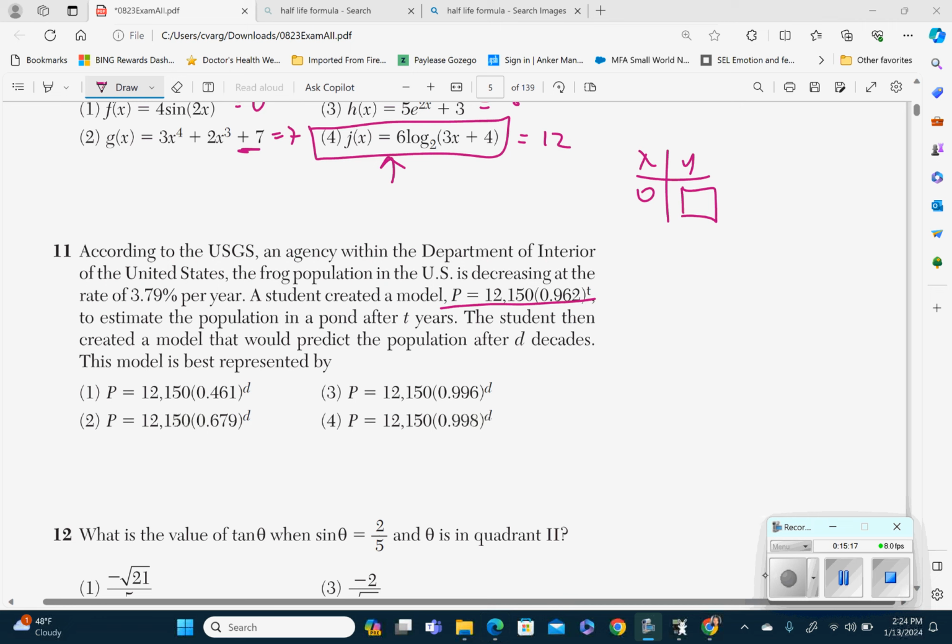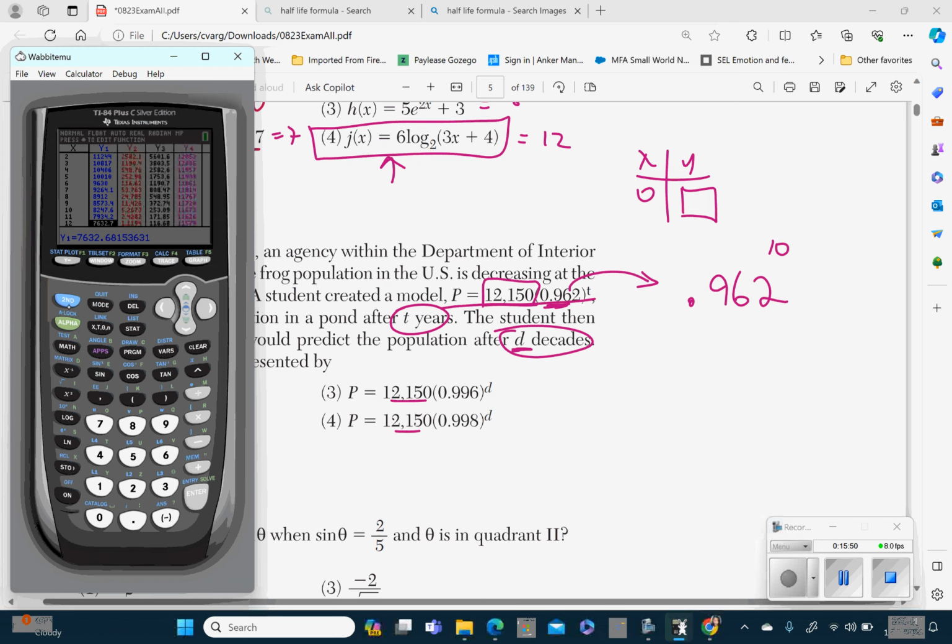Okay, so the easiest way to do this is the initial amount, as you can see, is the same for all of them, 12,150. But then we're going from T years to D decades, which means that you have to take the amount that it's growing or decreasing at. In this case, this number is less than 1, so it's going to be decreasing. So we're going to take this 0.962, and then how many years are there in a decade? That is 10. So 0.962, if I take my calculator here, and I go to my regular calculator here and I do